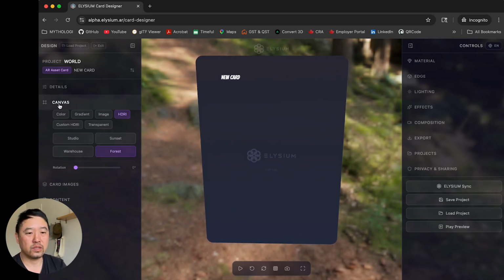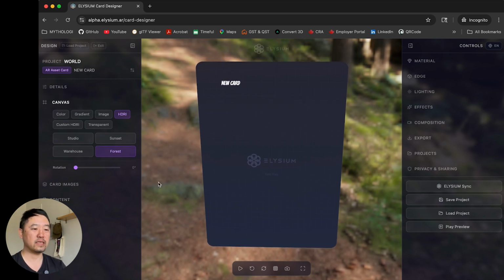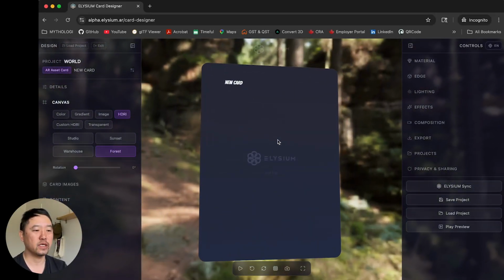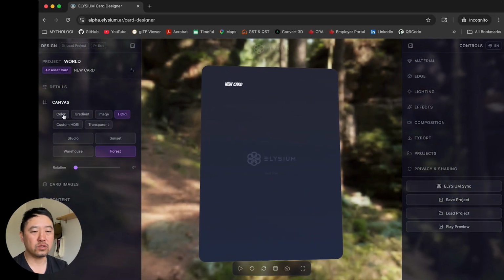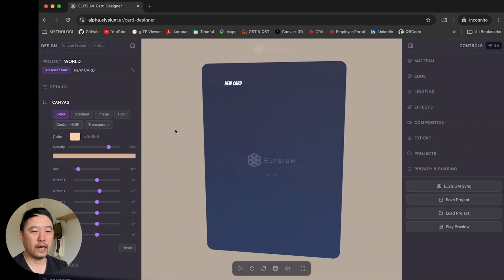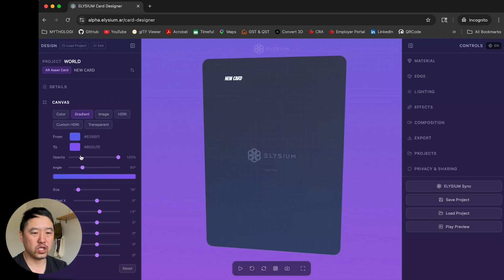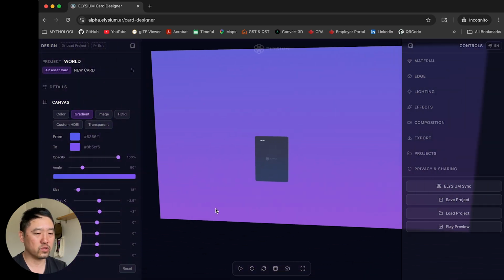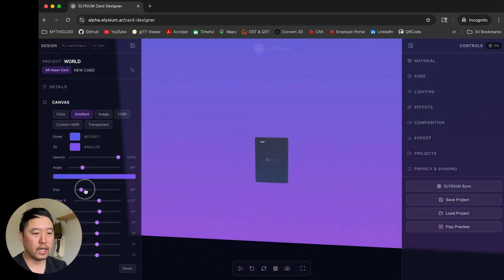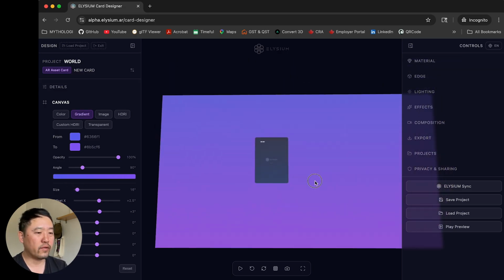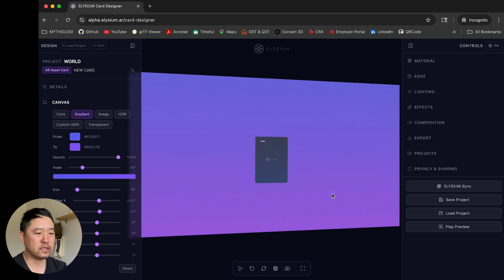The second section that you can look at is the canvas. The canvas is basically the 3D environment in which you'll be actually creating things. So you can pick a solid color, and as you see, it's just a colored background. We can add a gradient, right? So you can change what colors are in the gradient and all that. Below this, you have actually size for moving this. So if we zoom out a little bit, you can actually see that we're going to change the background size, and this is a way for you to compose how you want it to look.